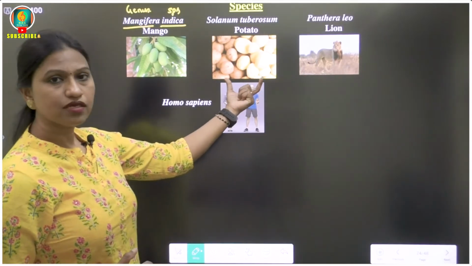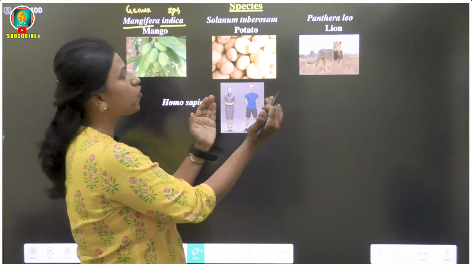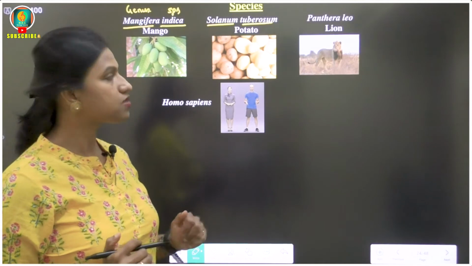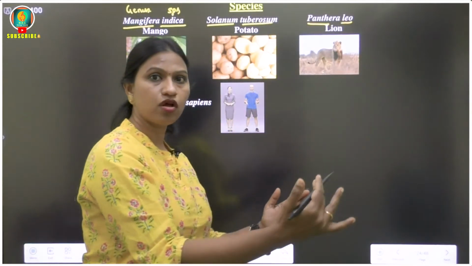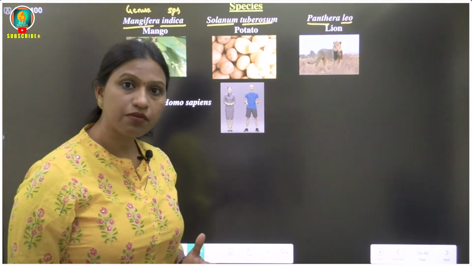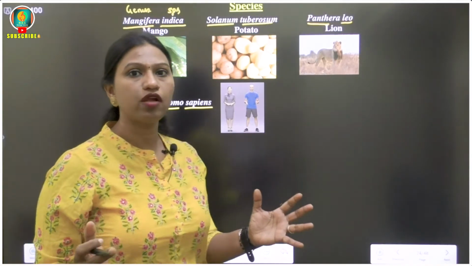Like that, take the example of a potato. All potatoes come under a group called what? Solanum tuberosum. Solanum tuberosum is one species. Like that, Panthera leo is the scientific name of the lion. All lions belong to one species, because when they mate with each other, they give rise to the same kind. Even human beings, Homo sapiens, all belong to the same species, where we can find more